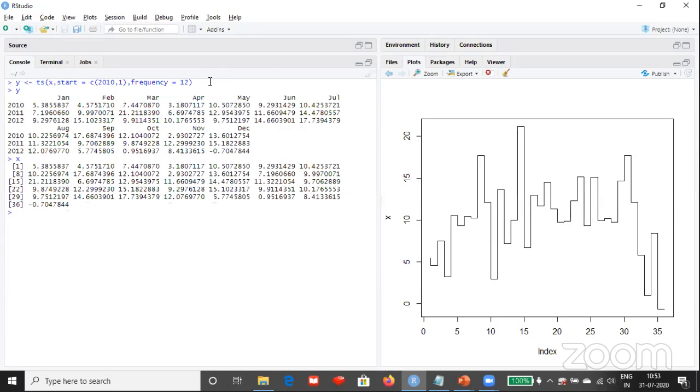See here, 36 values are there. So these values have been put inside. These are the values from which it has started. So the time series started from X, and from where do you want to start? From 2010 I want to start. So now